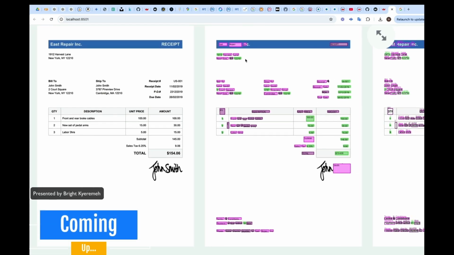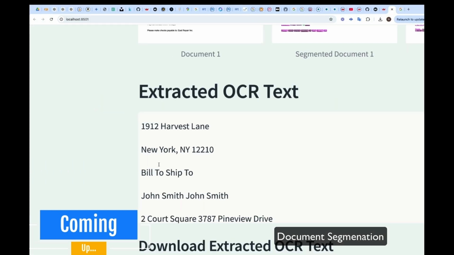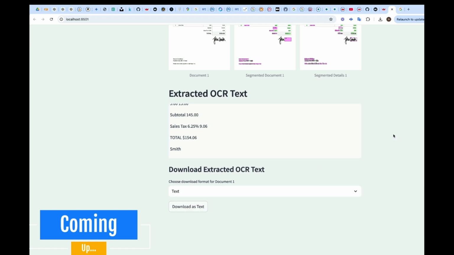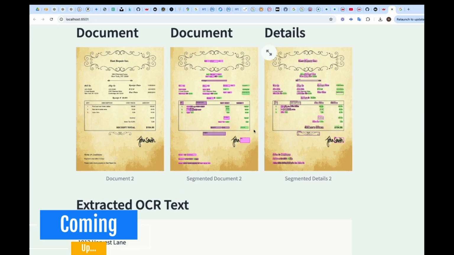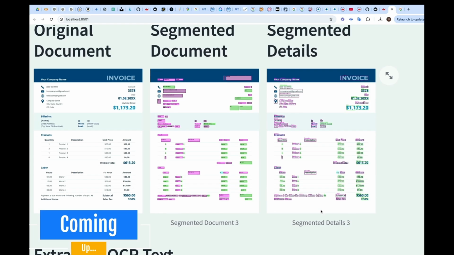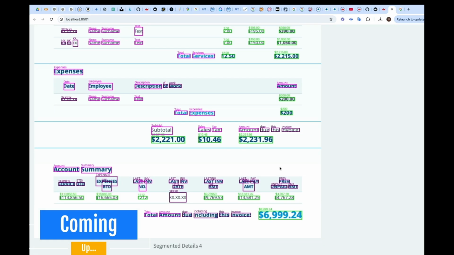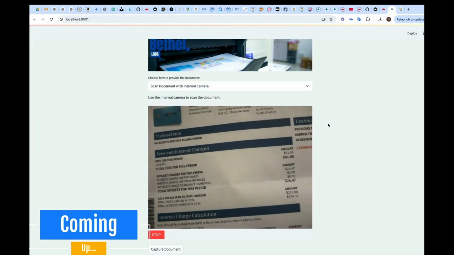In this project, we're going to do document segmentation and information extraction with camera input. We're going to see how we extract information from documents and then segment the documents with a PDF or image document. We're going to see how we use computer vision and natural language processing to segment documents and extract important information from that document. We're going to see how we can upload a document, segment it, and then extract information